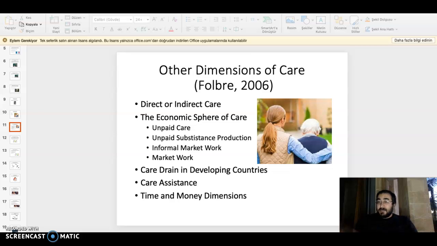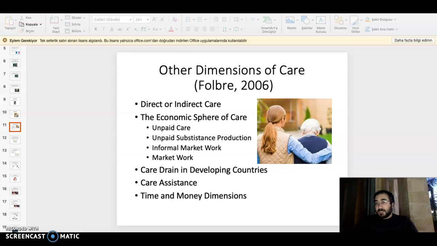Indirect care actually includes a lot of activities. In some sense, you can even put all economic activities into indirect care. Mostly, when we are talking about care work, we are talking about direct care, but we might think about whether, at least in some cases, indirect care should be included. And then there are four economic spheres: unpaid care, that's the work done in the households;